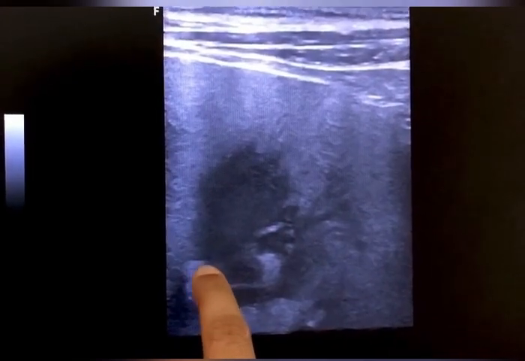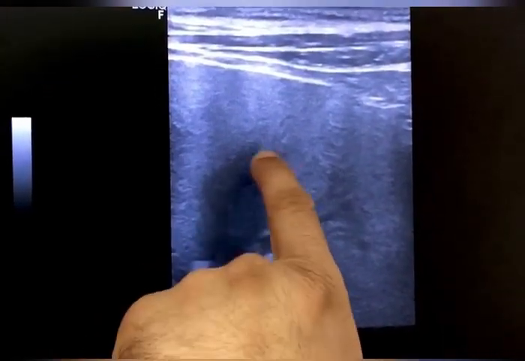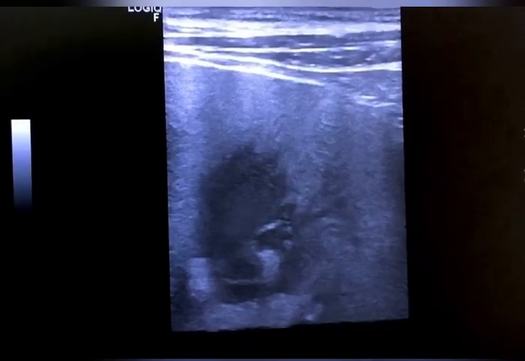Renal papilla will be here, and this is what we call the papilla. I just forgot, I will not be able to remember at present. Pyramid, yes.